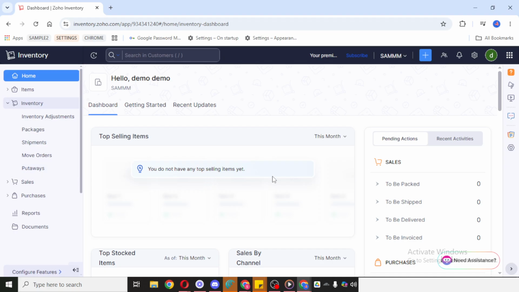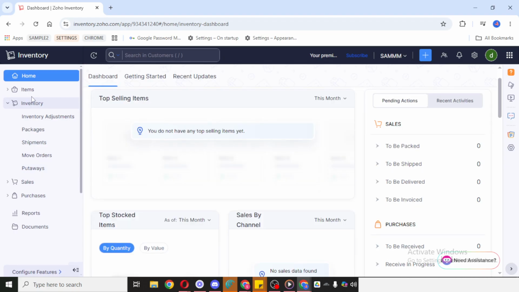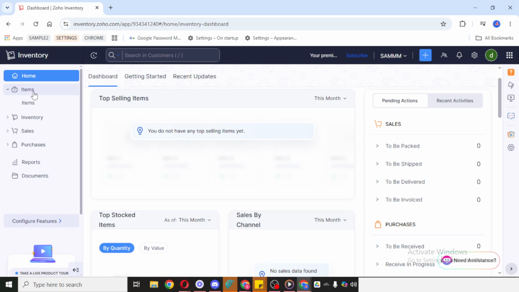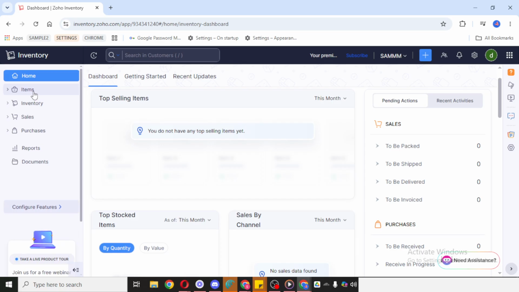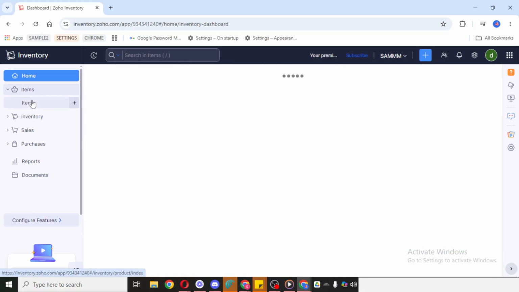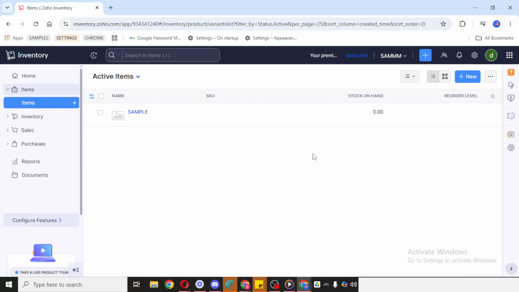In this area, you can view the products or goods that are already listed in your account. This section is important because it serves as the foundation for inventory tracking, sales, and purchasing. If you need to add a new product, this is where you can do it. Adding a new item here helps keep your inventory organized and makes it easier to use that item later in orders and invoices. While you're in this section, you can also check inventory adjustments.